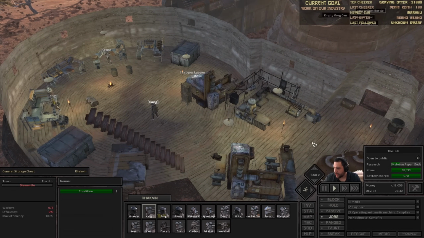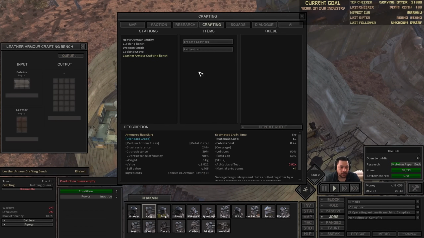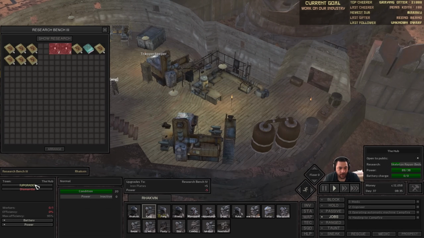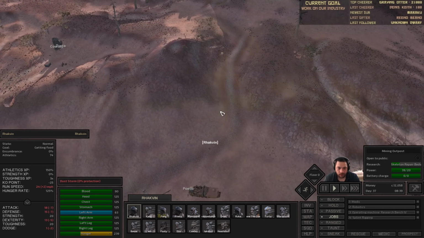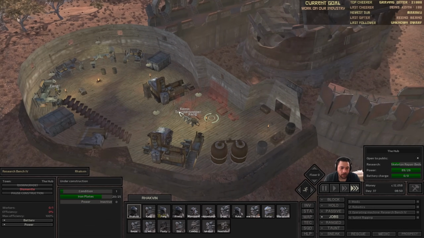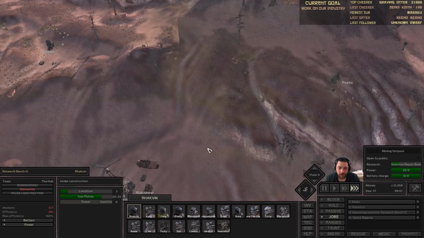So the current goal is to work on industry, and let's take a look at the leather armor that we can have. So let's go ahead and upgrade the research bench to level 4. I'm going to have sort of everybody do it. Rockfin, where'd you go? What are you doing? I don't know what he's doing. And that way I can get the auto loom. And then once I have the auto loom, I can start working on fabrics, because...